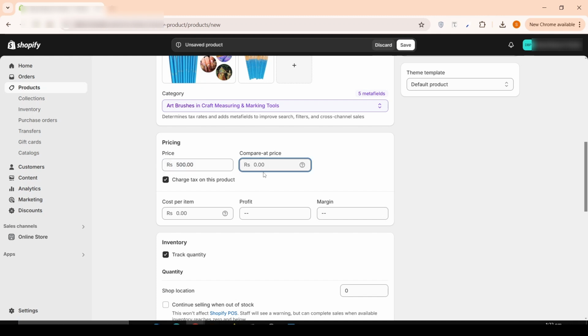And compare at price. For example, we have to show that it was 800 rupees before, and now it is 500. Hover on the question mark and it will say to display a markdown, enter a value higher than your price. Yeah, okay. So it is the actual price which you want to sell, and this is the compare at price. Click on the checkbox for charge tax on this product if you want to charge the tax, or you can simply